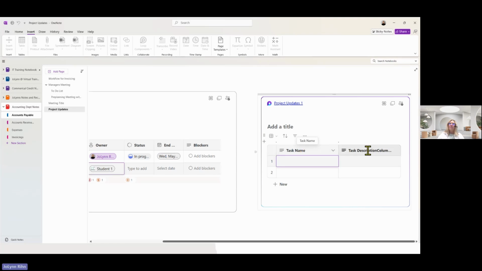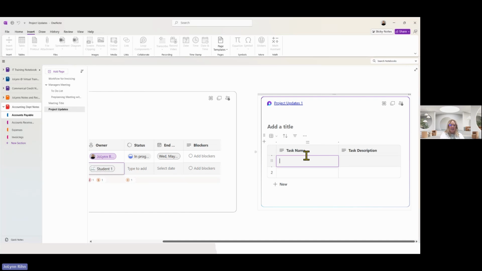Oops, sorry. I can add additional columns to this. So I can keep adding information to this, and I can switch my view. I can sort things, just so you could see. I could filter my list. I can hide columns. I could change the height of rows, just so you're seeing all these great options that we have. So anyway, I could come in then and I could be putting in